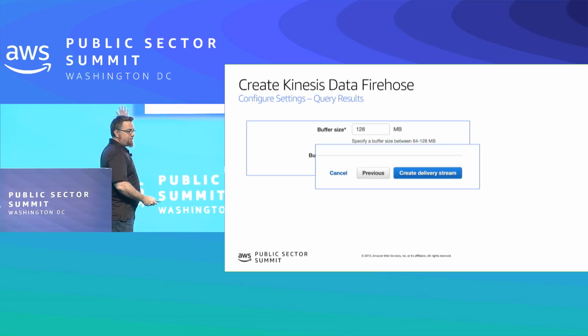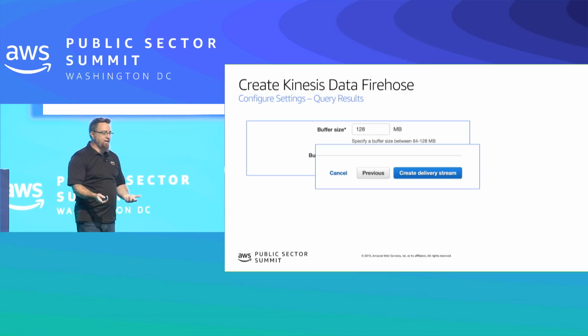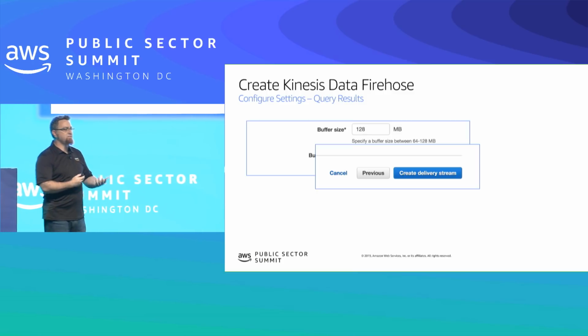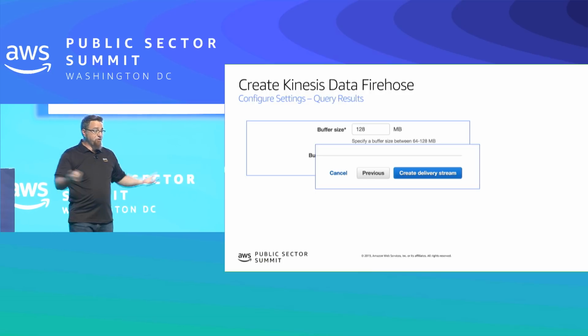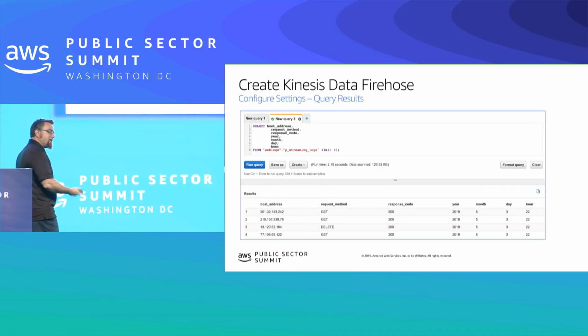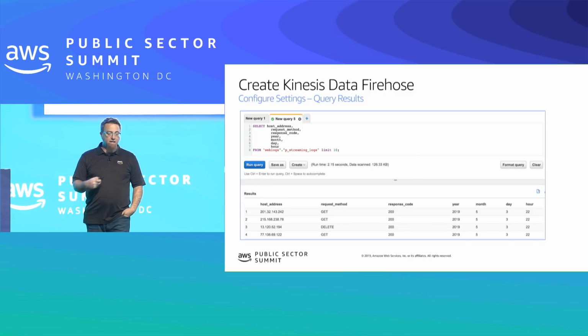So then I'm going to show you this lovely picture of creating the stream. That's going to go take all of those configuration items, make sure everything's ready for you. It takes a couple of minutes to get the stream set up, maybe 30 seconds to 90 seconds, and you're ready to go. So now I can start streaming that data, and after I hit those buffer interval limits, I then can take a look at